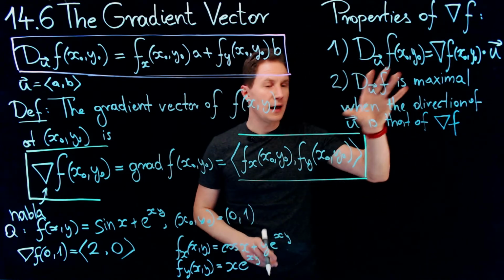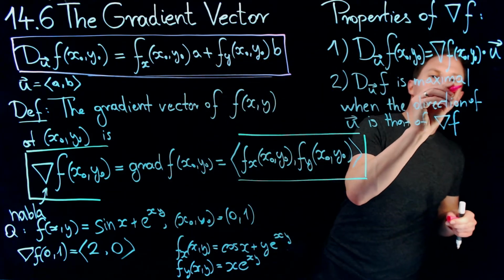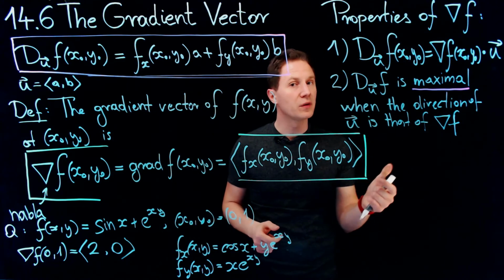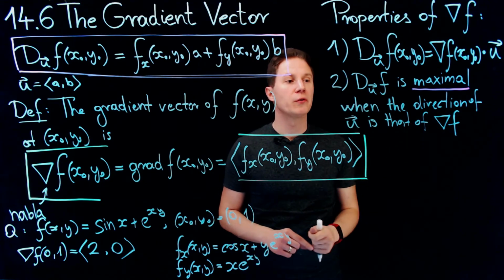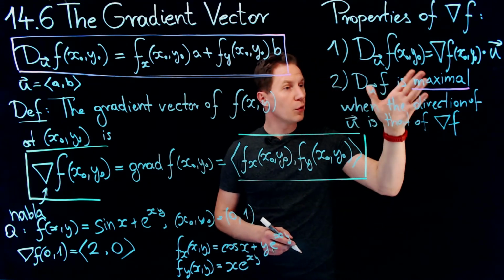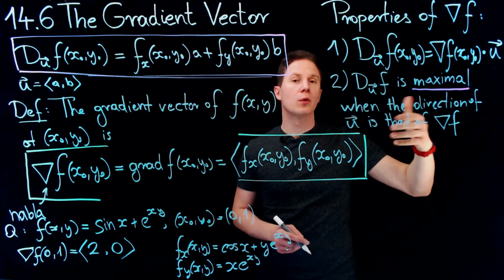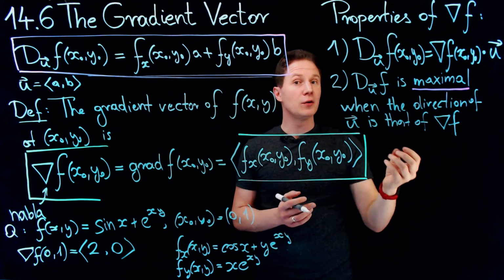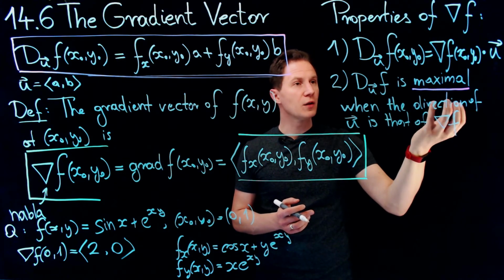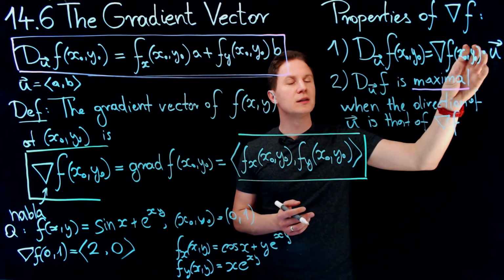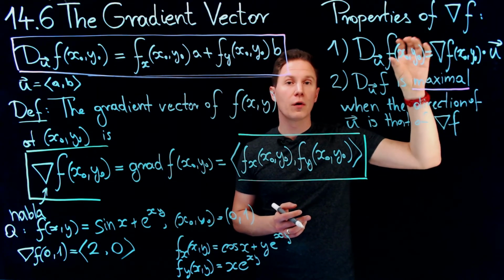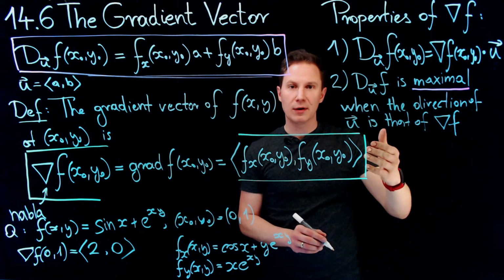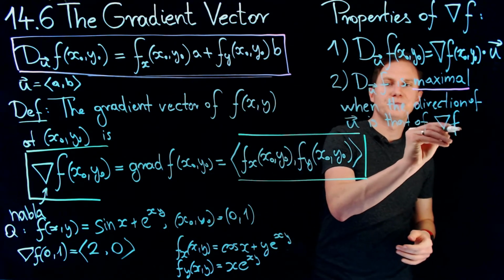So again, let me just repeat that the maximum directional derivative is obtained in the direction of the gradient vector. And moreover, we can also compute what this maximal directional derivative is. If u is a unit vector that points in the direction of the gradient vector, then this dot product is going to be the length of the gradient vector. So D sub u of f is maximal in the direction of the gradient vector,